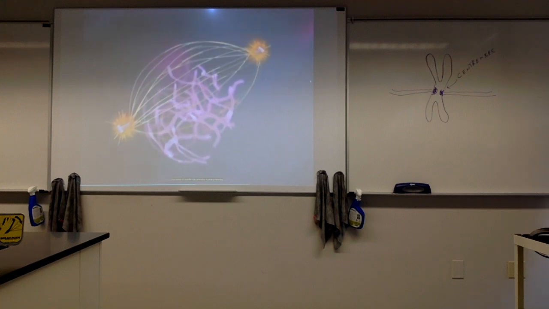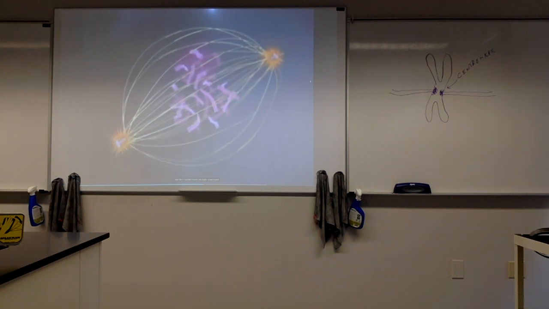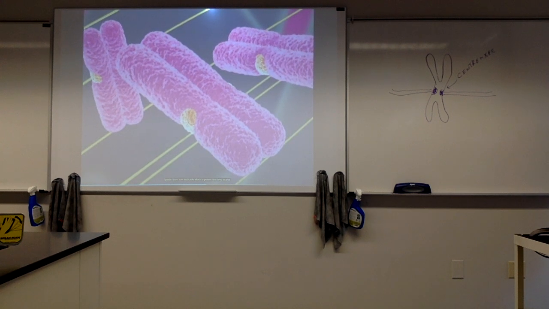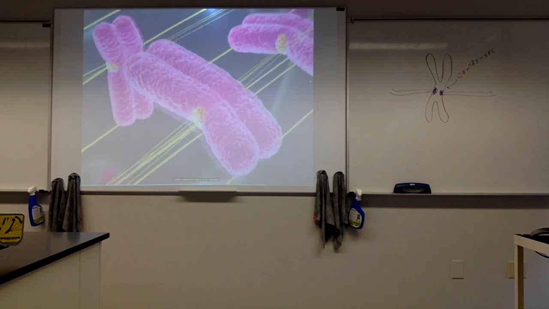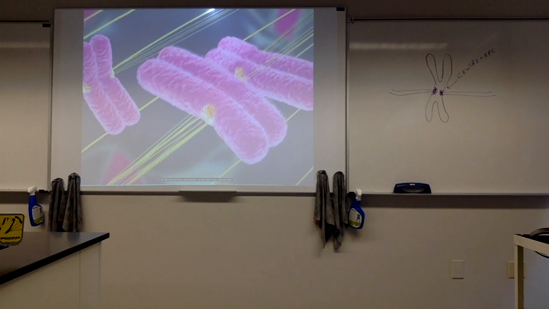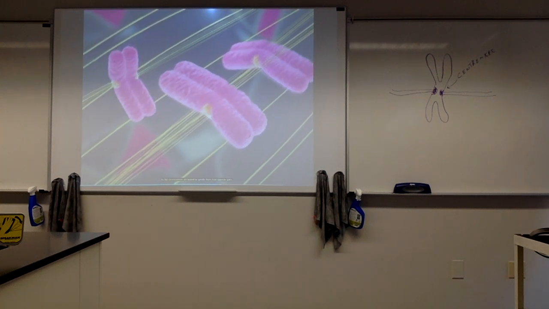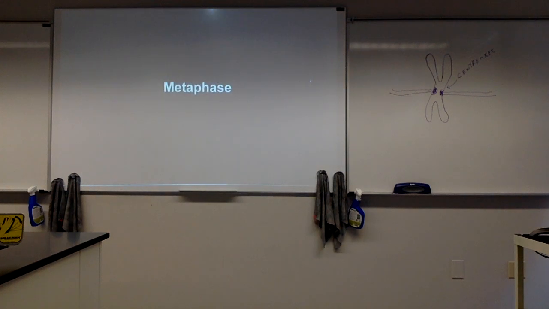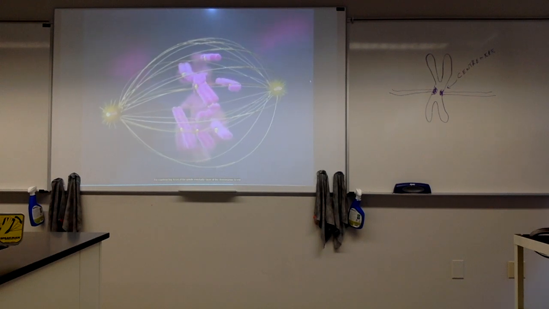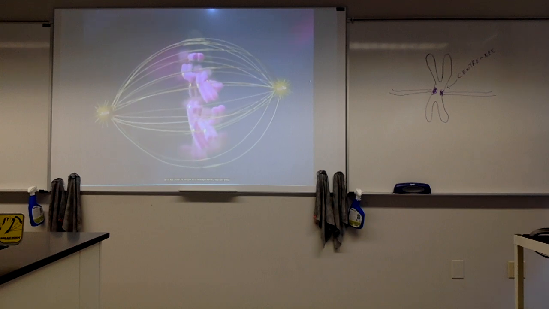The array of spindle microtubules is now extensive, and the chromosomes are fully condensed. Spindle fibers from each pole attach to protein structures located at the centromere of each sister chromatid. As the chromosomes are bound by spindle fibers from opposite poles, they move first one way and then another. The counteracting forces of the spindle eventually cause all the chromosomes to end up at the center of the cell, as if